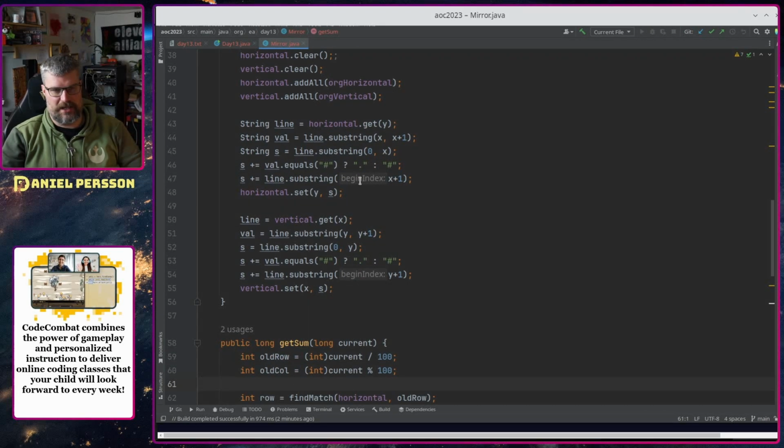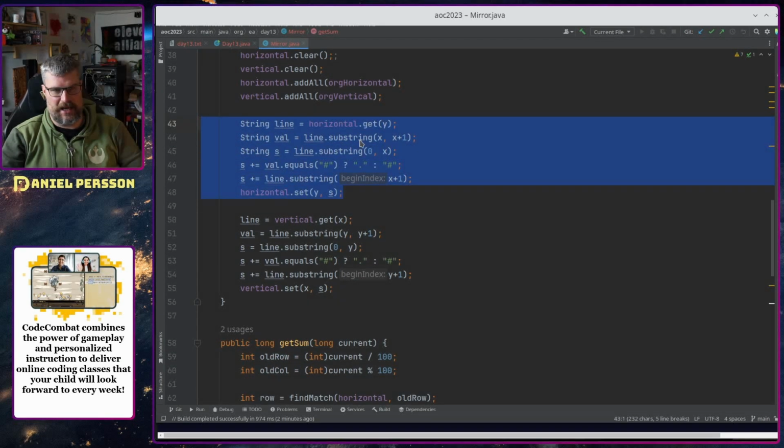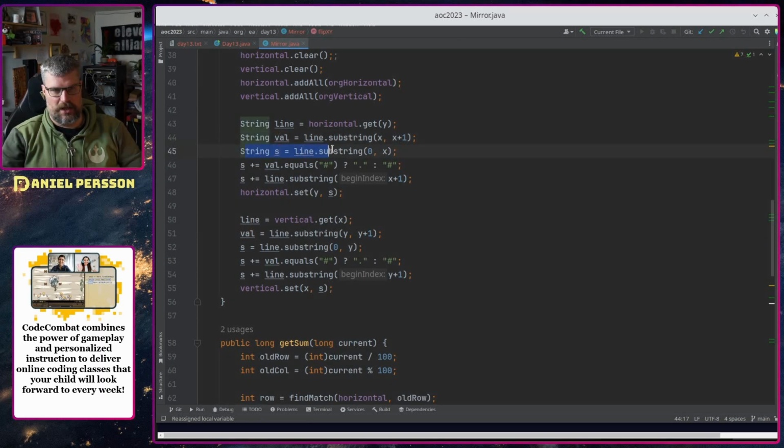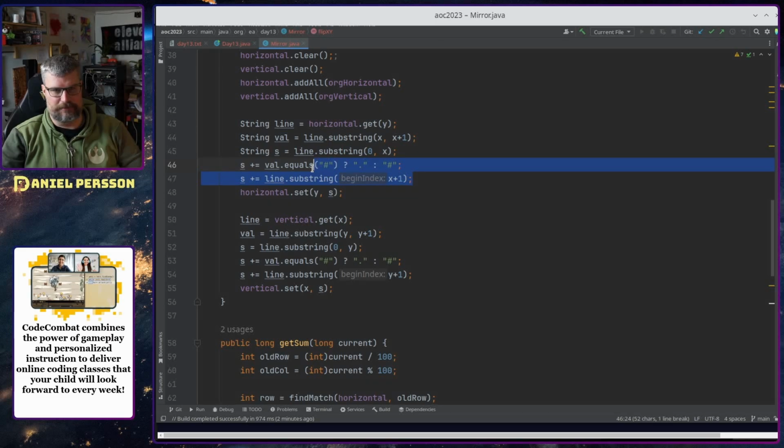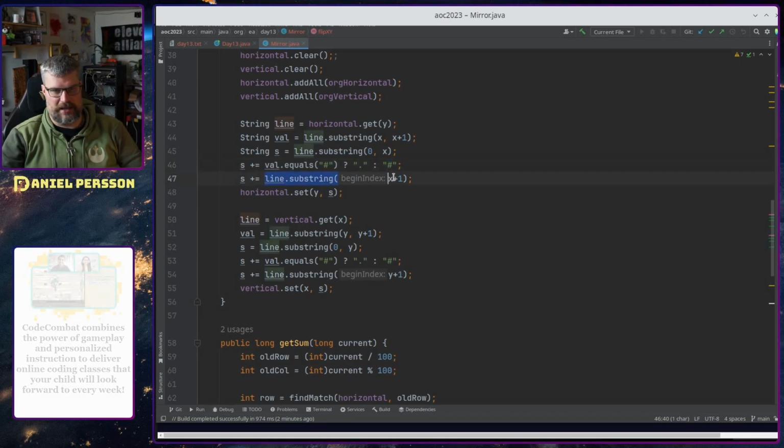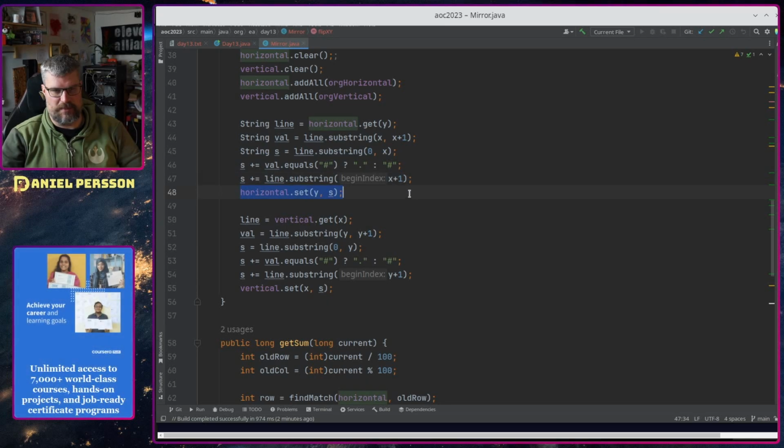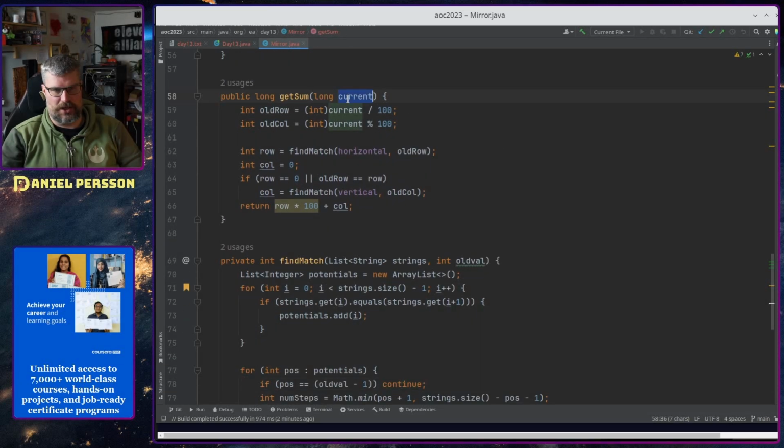we will pretty much take out the horizontal line, find the X position here, and take out that value. We will take the first part, we will flip it. If it was a hash mark, it becomes a point, otherwise it goes to a hash mark. And then we will get the rest of the line and then set it back. So we do that in vertical and horizontal axis. And the get sum function will take the current value